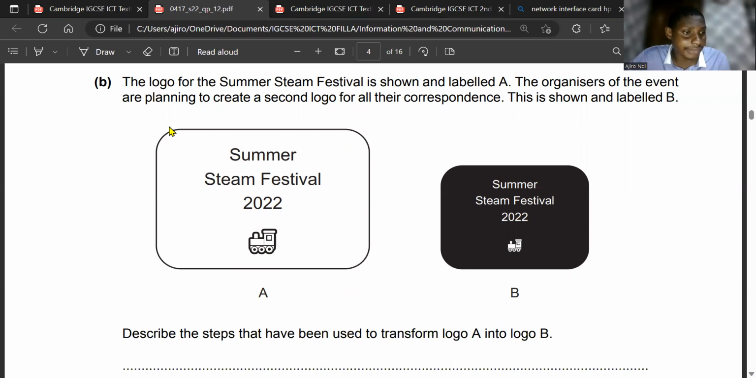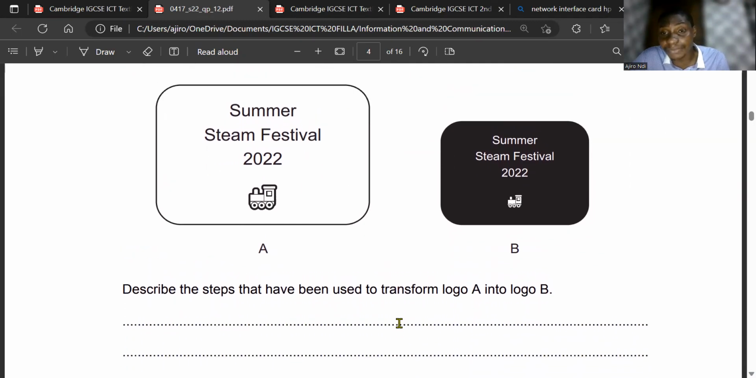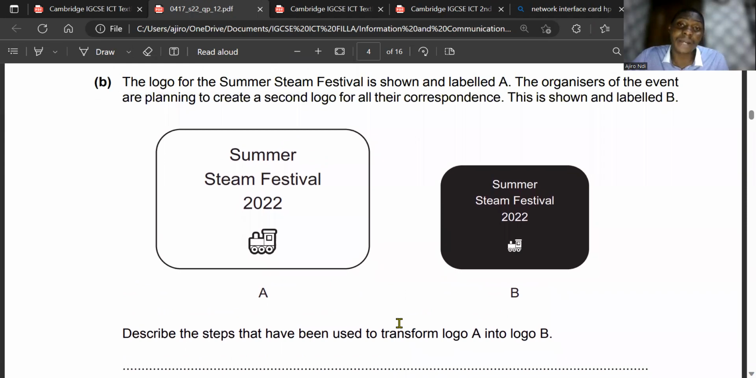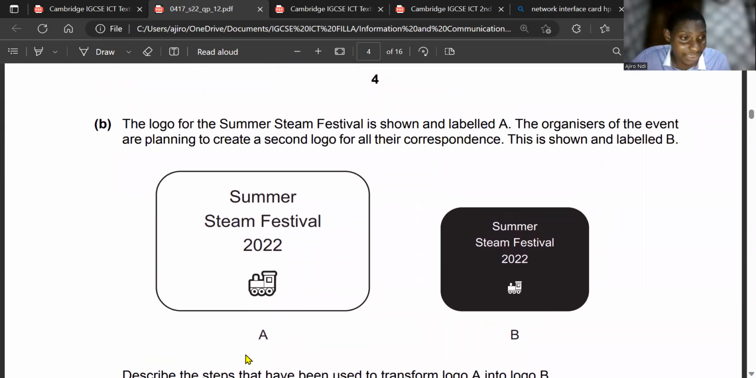They said if you want to put them in steps, let's see how we can put this in steps. We have an idea what happened. So the first thing we can do is click on this image or logo, then we have to use the shape width to reduce it because it's almost the same thing. It's trying to create a second logo for the correspondence. So how this was created is,